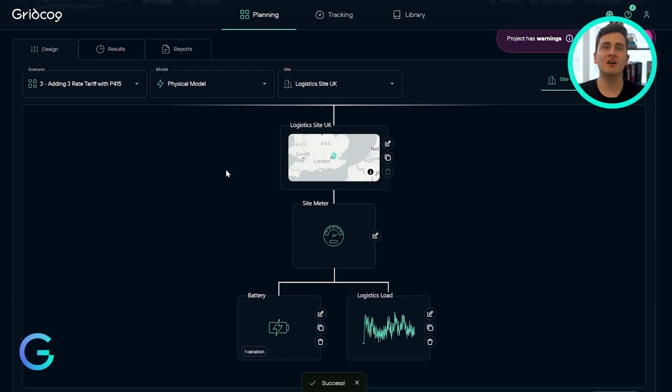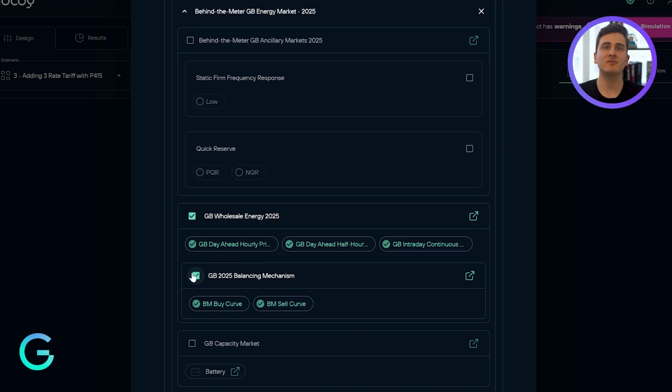There are, of course, other market-based revenue streams that this battery could pursue, including DSO flexibility markets, balancing markets, ancillary services, and the capacity market. If you want to learn more and understand how these additional value streams fit alongside P415 and contribute to the